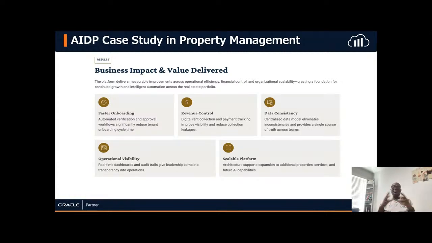Another thing here is data consistency. The centralized data model eliminated inconsistency and provided a single source of truth across all platforms, across users, across teams. The stakeholders were also able to have visibility, which I put as operational visibility, like having access to real-time dashboards and audit trails that gave leadership complete transparency into operations. Again, the scalable platform architecture supported expansion to additional properties and future AI capability, which was one of the key things that we made